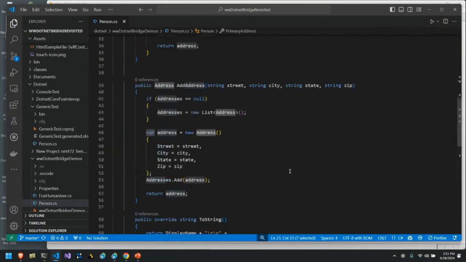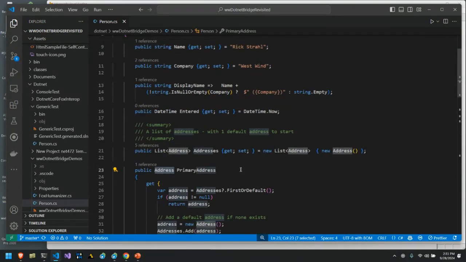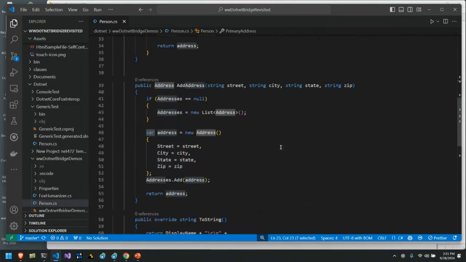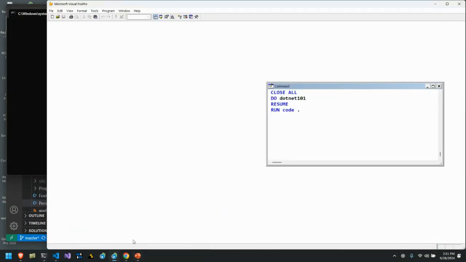And so we can access this. When we look at this, this is a typical object. So we have a person object, and we have a person.name, person.company. We have a person.primary address, .street, .city, and so forth, right? That makes sense? Okay, if we go back to FoxPro now, and we keep on stepping here in the debugger,